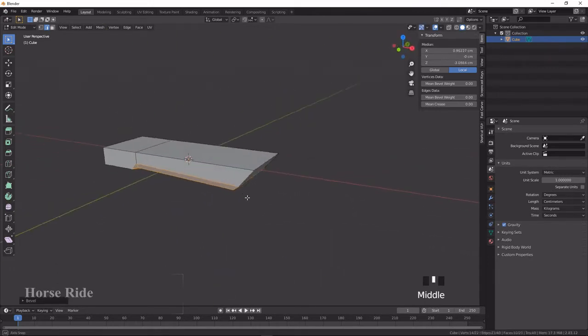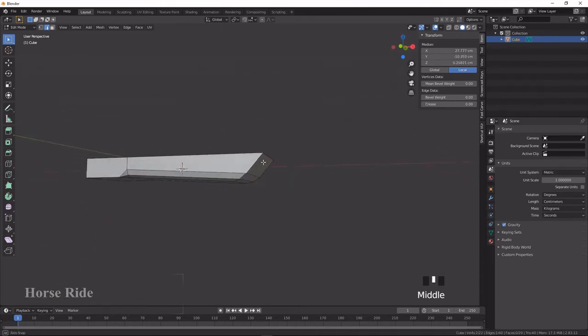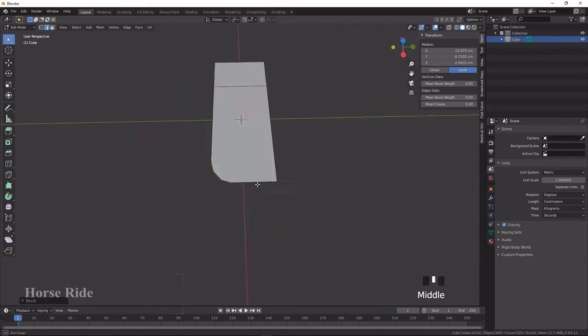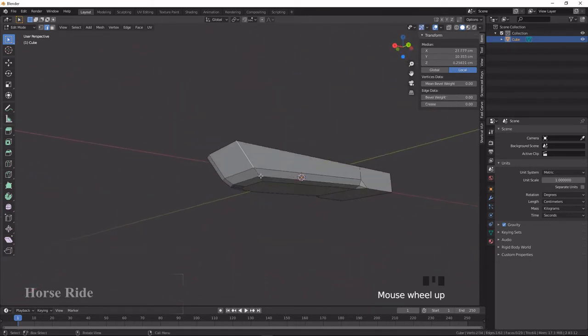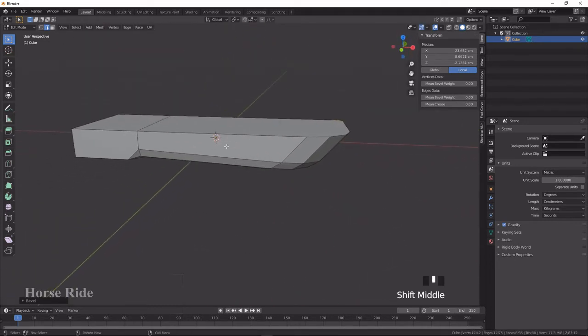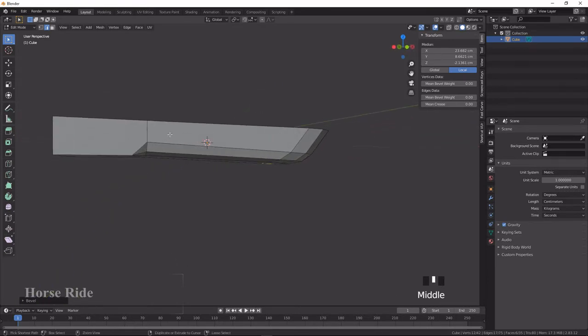Okay, keep it like this, select these three and press Control B to bevel, and you can make it like this. So this is more of a high bevel. This one I'm going to make a little bit lighter. So this is the model which I'm going to give on top, and what I'm going to do is create one more edge loop here.